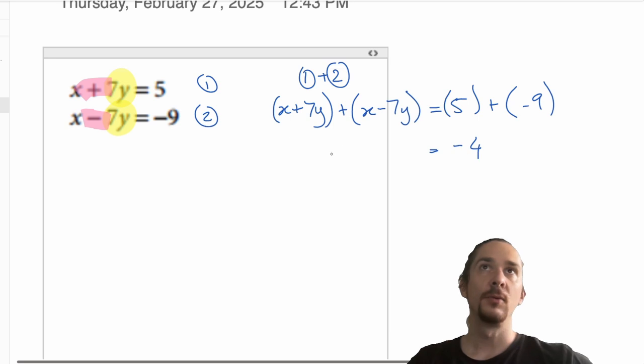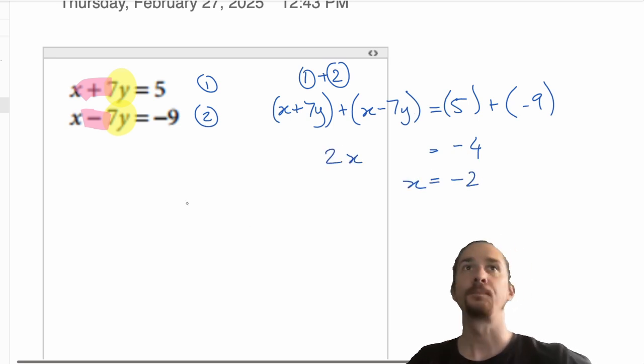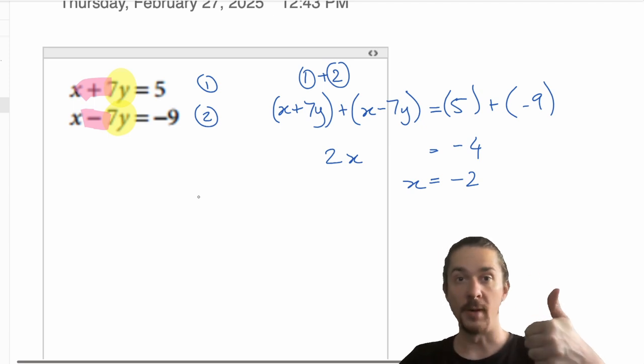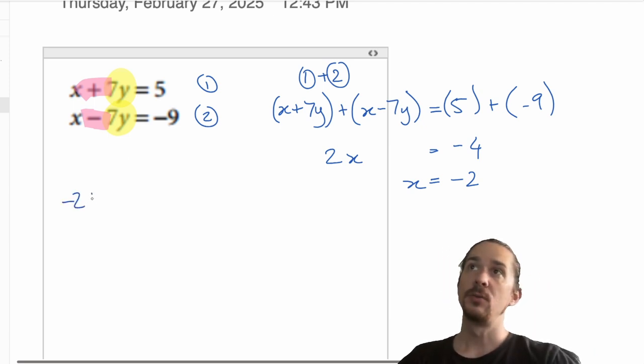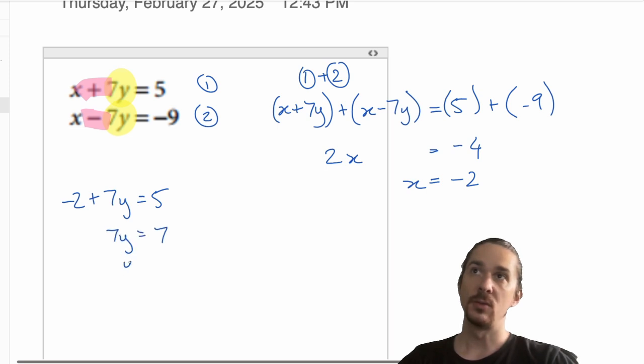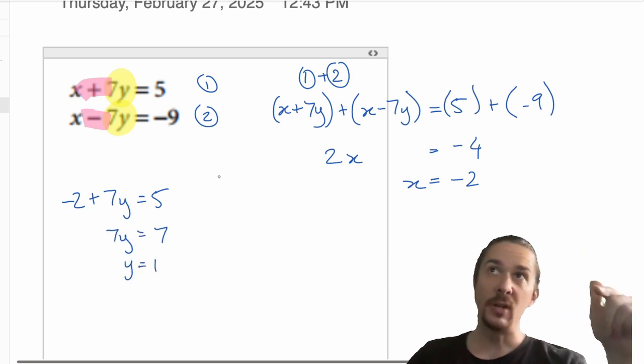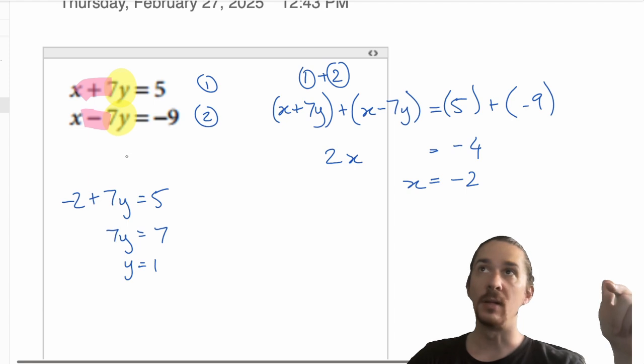Okay, so this will become negative 4. Here we're going to have 2x and the 7y's cancel, and so we get x is equal to negative 2. We're partway there. We've figured out one of the variables. So we can say negative 2 plus 7y equals 5, or in other words, 7y equals 7, so y equals 1. At this point, we can just say we're done, because we know that our coordinate is